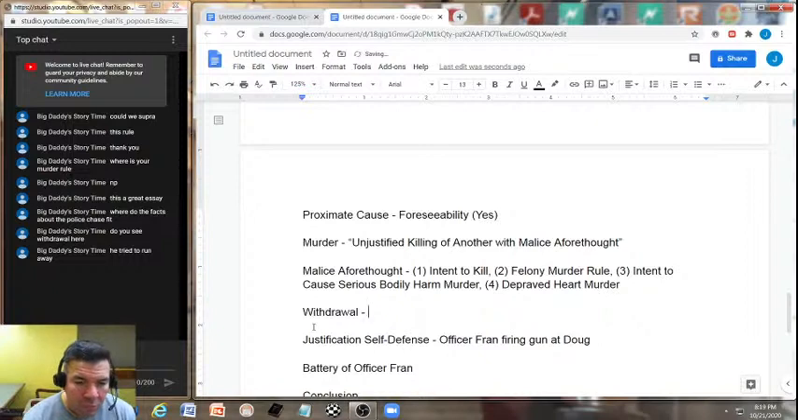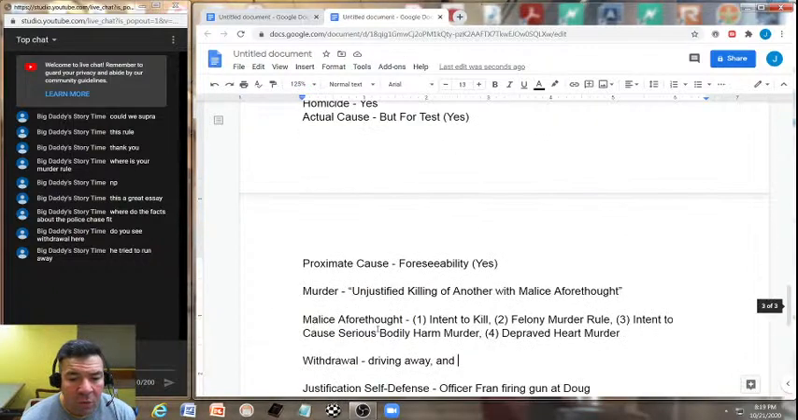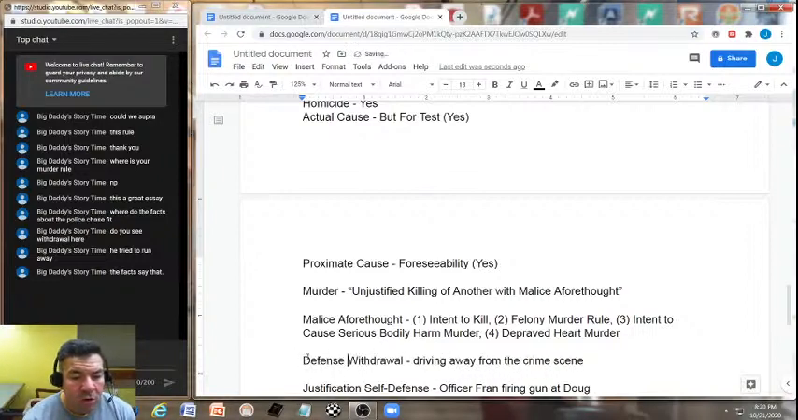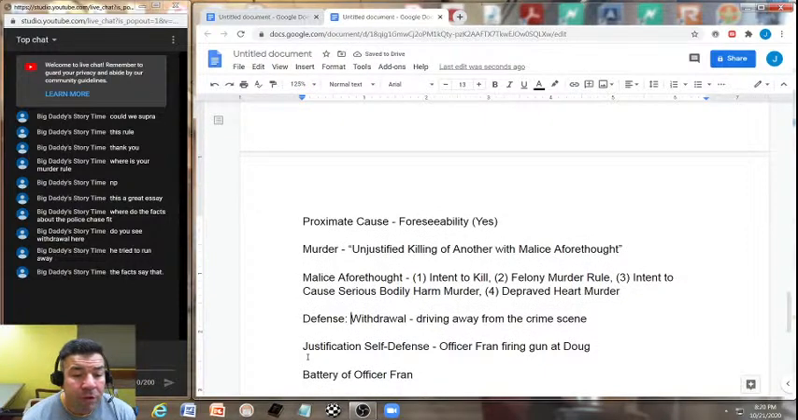You could say that the fact that he was driving away and the fact that he was chased, driving away from the crime scene. Okay, you could argue that he possibly had engaged in the defense of withdrawal. But it could very well be easily defeated because a reasonable person in his position, you might argue that from a reasonable person,